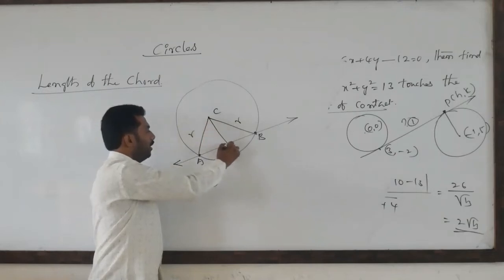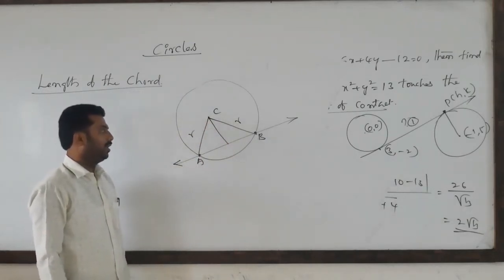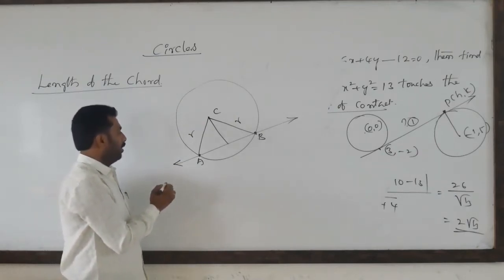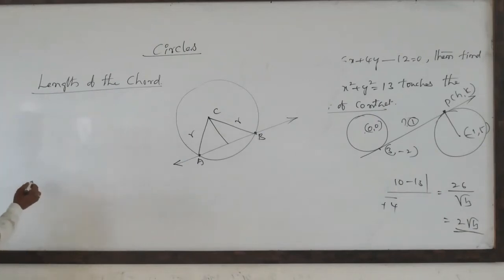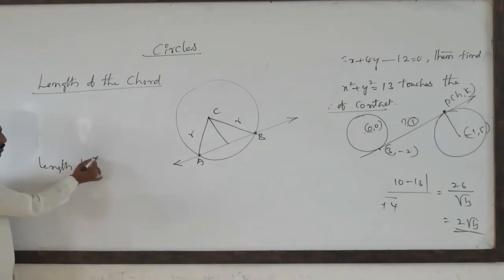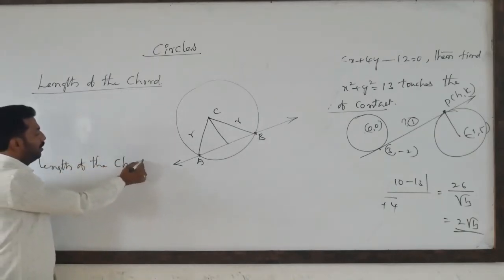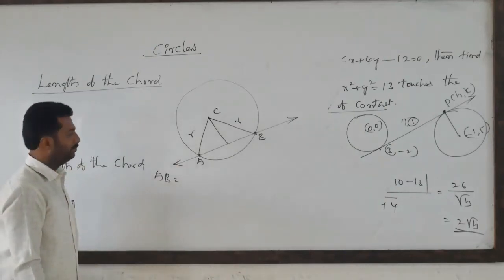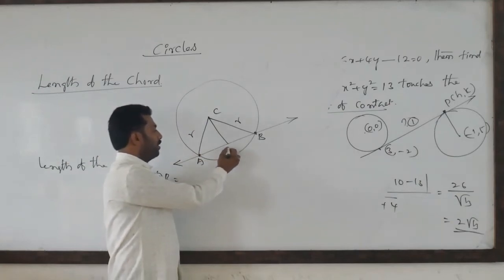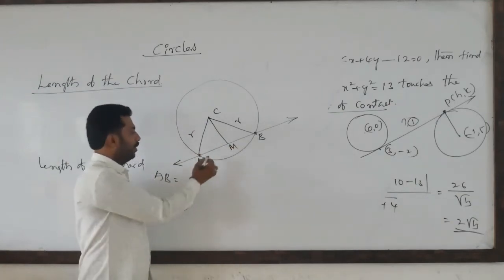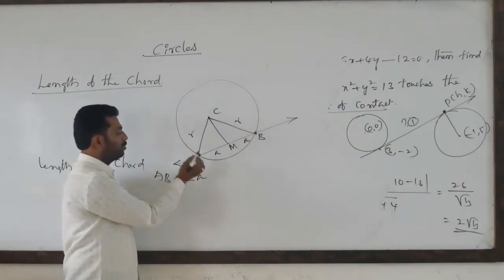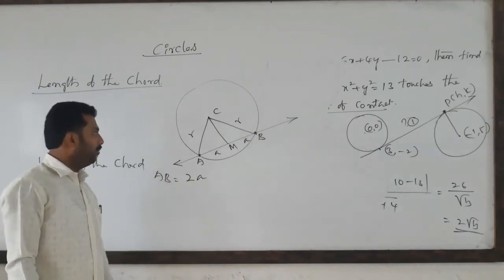So just we are drawing a perpendicular on the chord, means secant line. Length of the chord is nothing but the AB length we have to calculate. Just you observe, suppose this I am taking M. This length is A, this length is A. Total AB length is 2A. Now finally A we have to calculate.